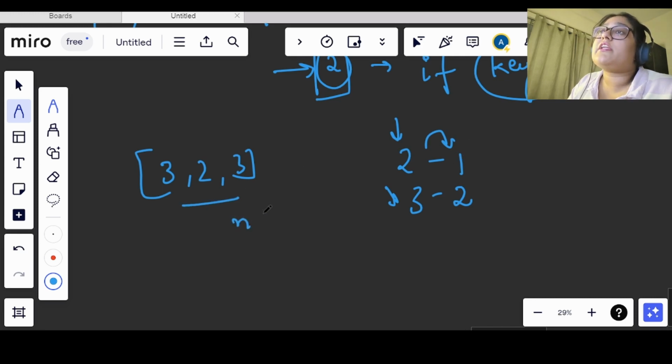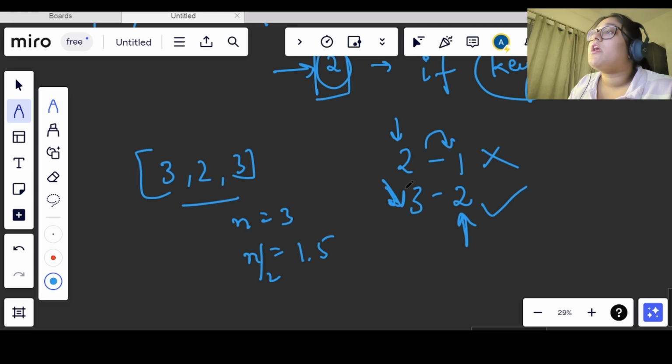What is n here? n is equal to 3 and n by 2 we get as 1.5, right? Now we need the value which is greater than 1.5. So this is not the right candidate. Then we move to this key, and we see that the value is greater than 1.5. So we have our right candidate now and we can return this key as the answer.